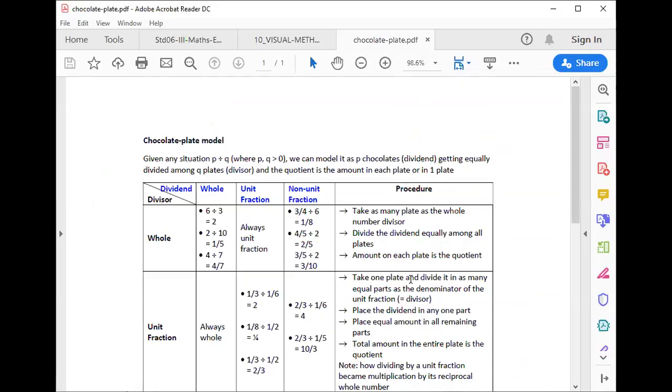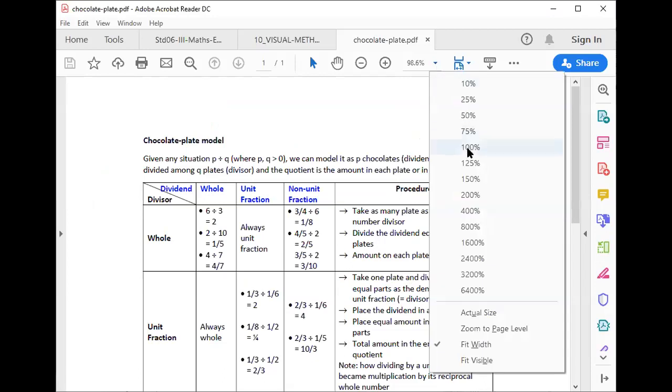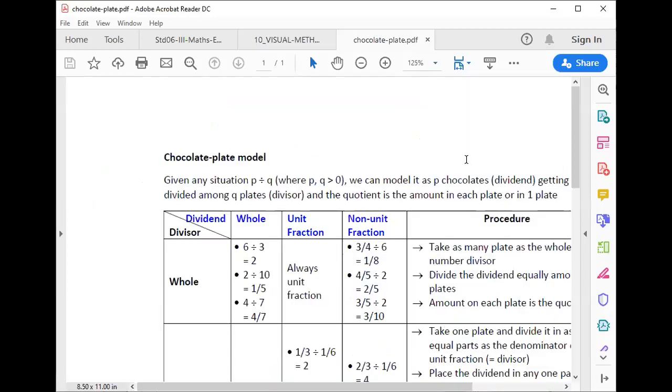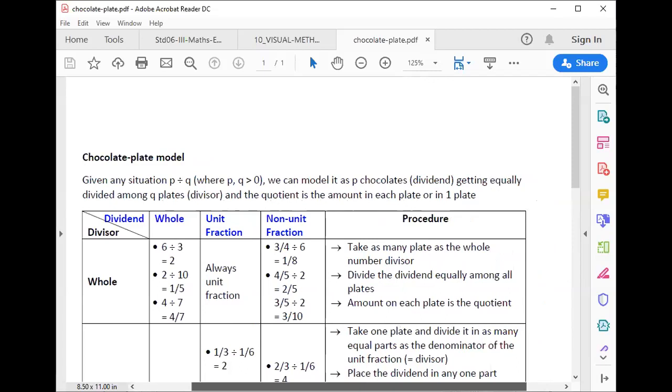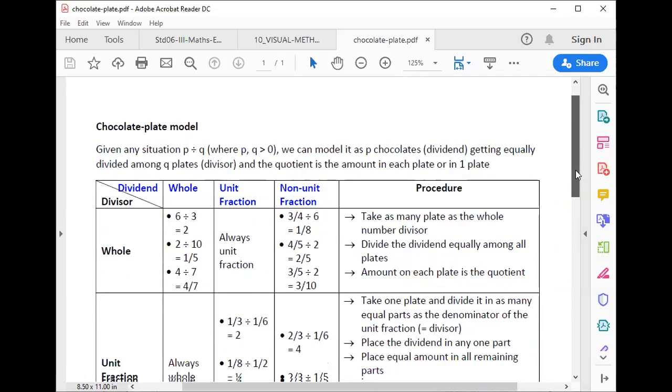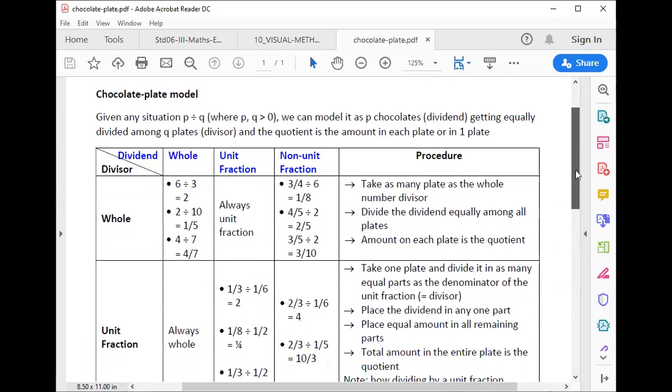It's basically a tabulated thing, but it captures all the possible division situations you can end up with fractions. So the basic idea is if you have a situation where it is a p by q,